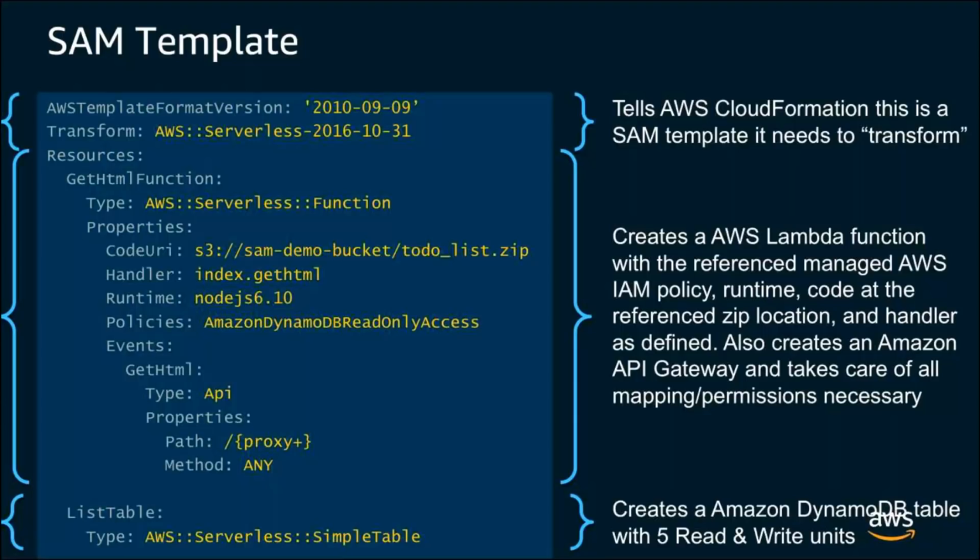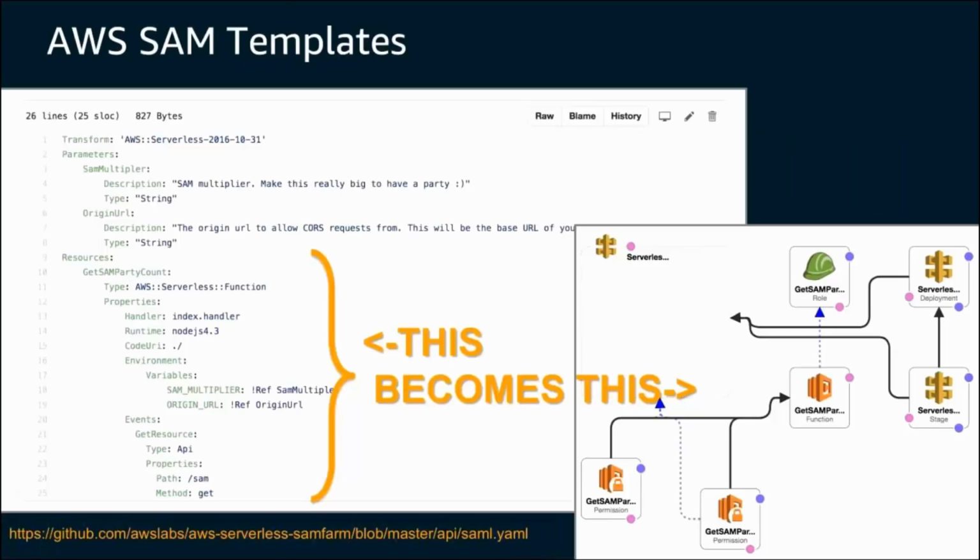Another way to think about it, and this is from a public sample that we have up on GitHub, is that from lines 10 to 25, essentially 15 lines of code, we're actually configuring the capabilities for 7 different AWS resources behind the scenes. So again, SAM is really going to help you simplify what you're doing in building and deploying serverless applications. If we were to do this in just raw CloudFormation, it would sometimes be 4 or 5x as much code to get the same resource